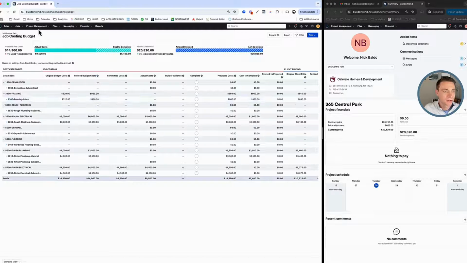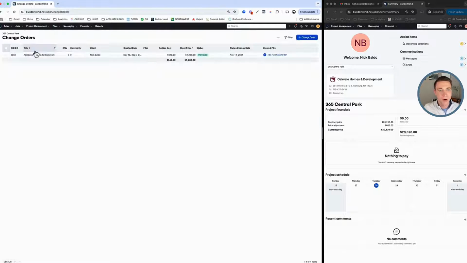Okay, so going over to the change orders portal, I'm going to go right over here. Okay, now even on an open book project, we have a situation where, hey, we're going to do this work. We might have a situation where it's like, hey, can we do this bathroom in addition to all the other stuff we said? Now,